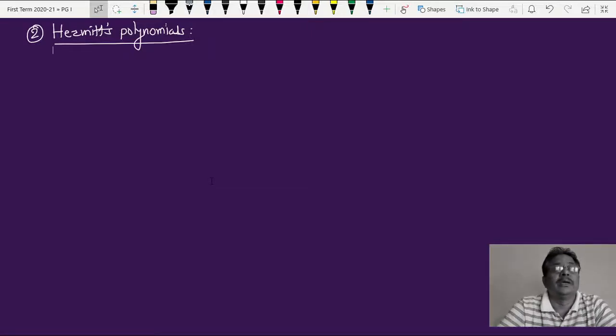Here in Hermite's polynomial 2, we are going to follow the same method that we followed earlier in the case of Legendre polynomials, or the Legendre special function. There we first, now we are not going to discuss its background, from where this Hermite polynomial